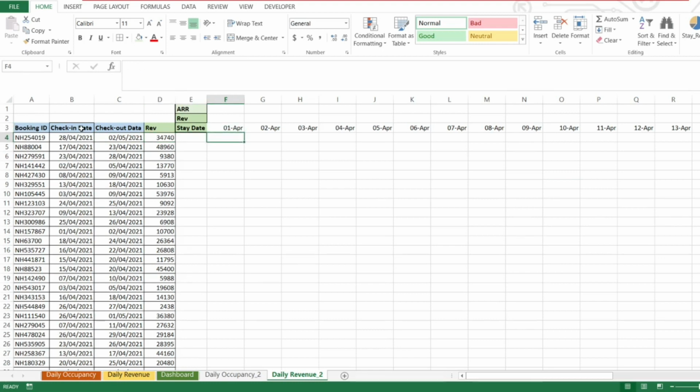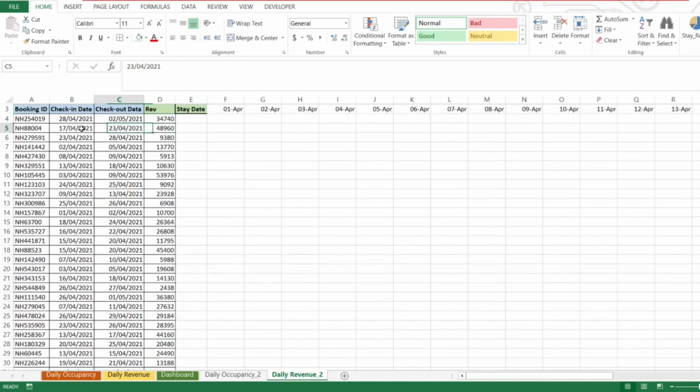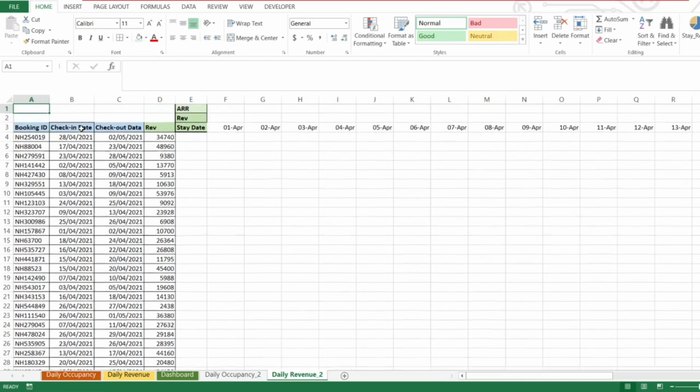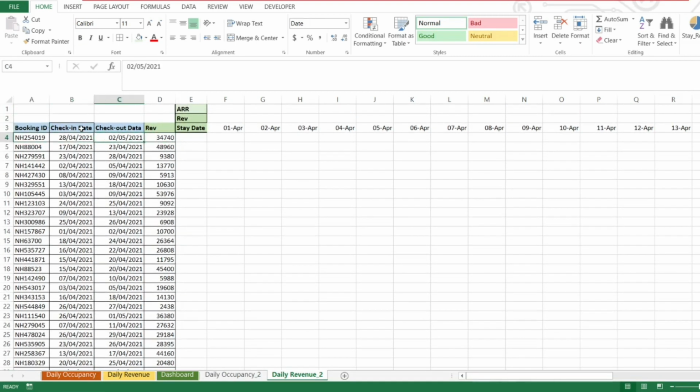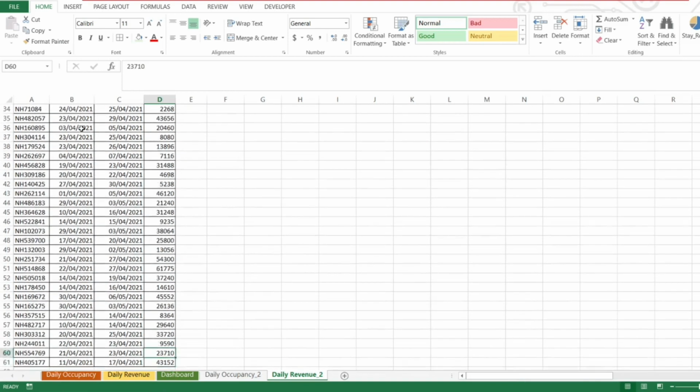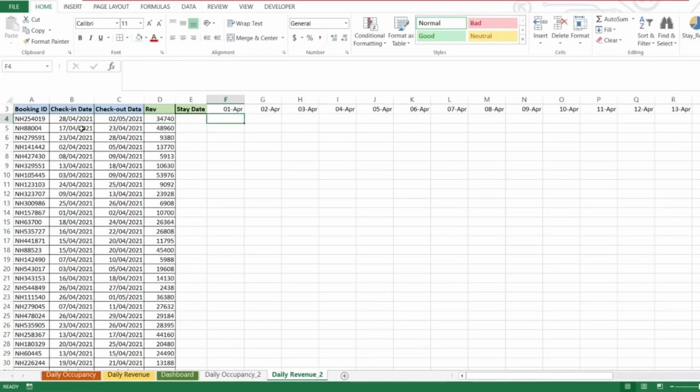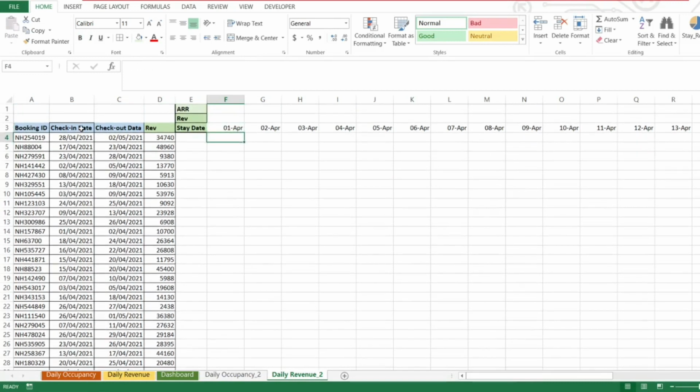So how are we going to get the daily revenue of this entire bookings data? Again, these are the confirmed bookings. If you want to include the cancelled bookings also, you can, but the formula for that is a little different, for which we are not doing this exercise. It will be covered in my next post. So here we are going to enter the formula. Here I'll just tell you what the modifications are.